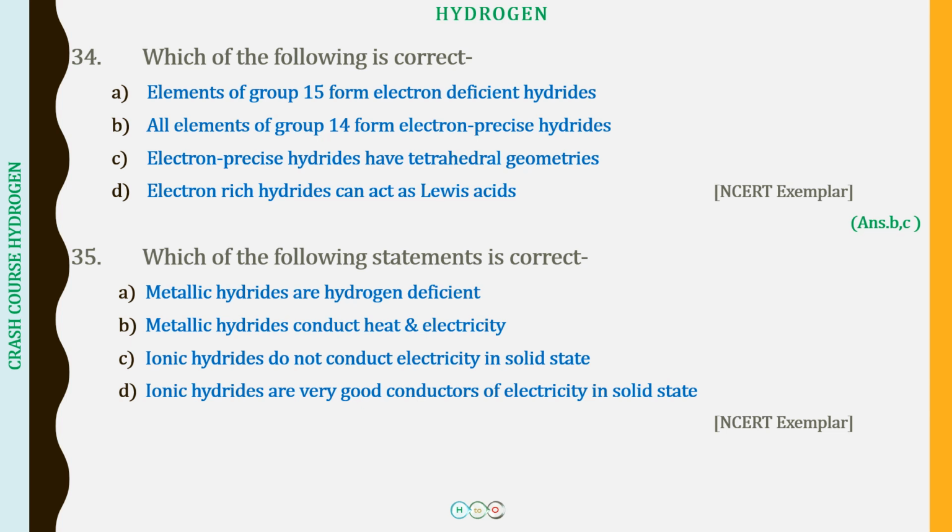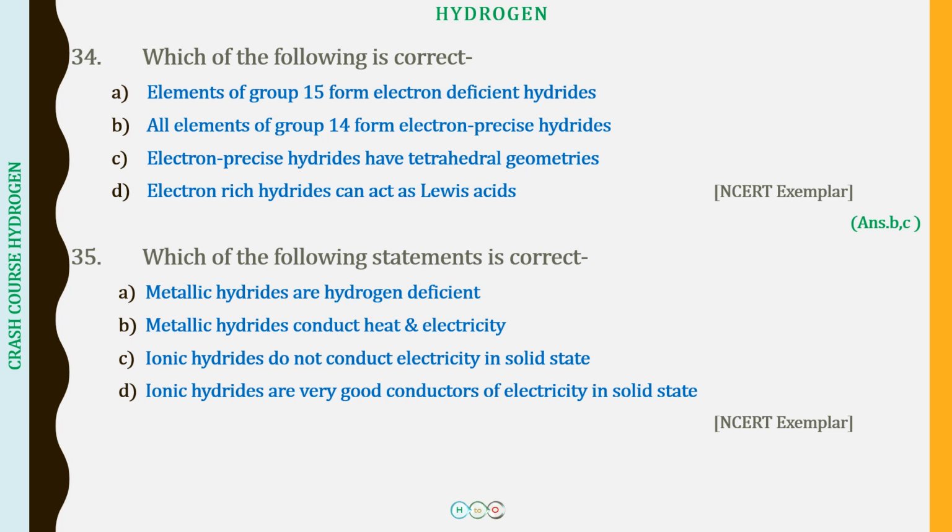Metal hydrides, they conduct heat and electricity. So we've already discussed that the metallic hydrides, they have metallic properties just like the corresponding metal, right? So they are metallic in nature. That is why we call them as metallic hydrides. The only difference is going to be they will be having their properties slightly less than the corresponding metal. So what this means is that if a metal conducts heat and electricity, the metal hydride will be also conducting heat and electricity, but not that well as the metal itself.